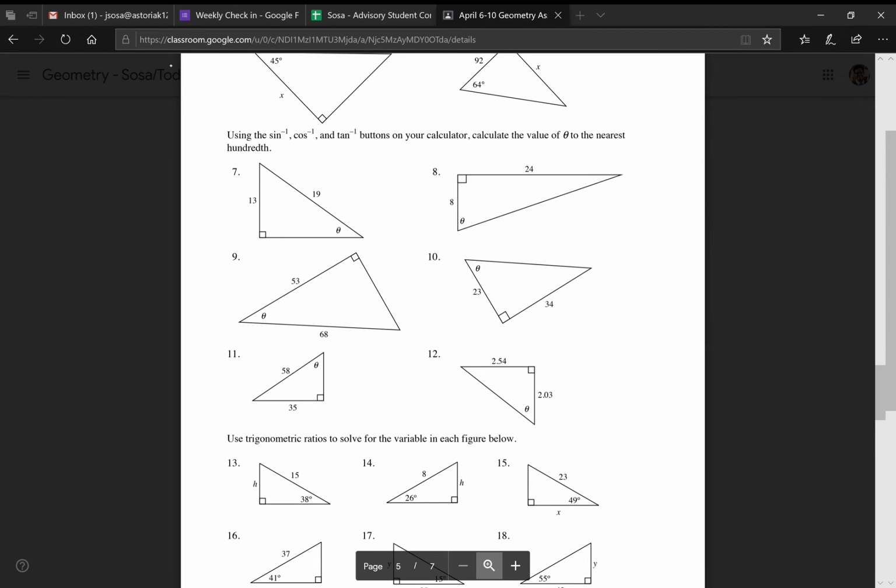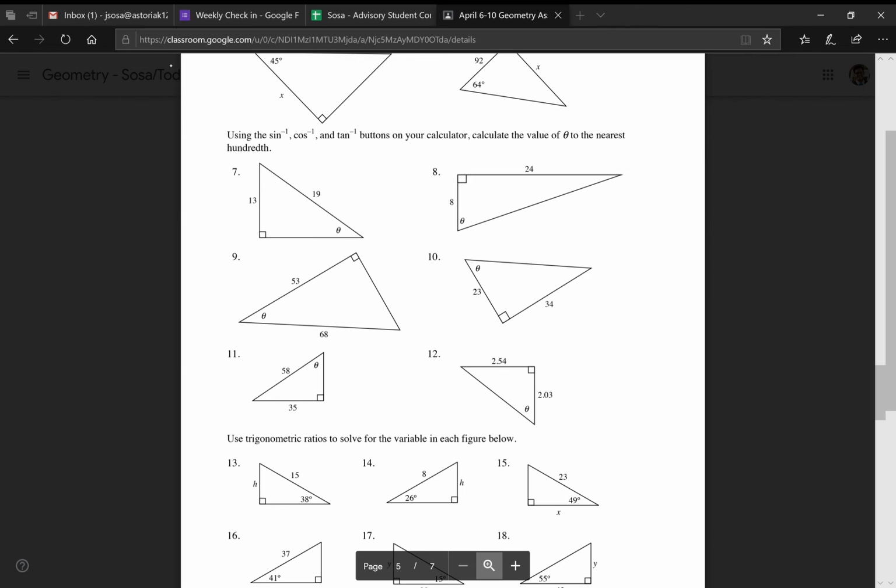Once again, sine cancels out with inverse sine on the left-hand side, which leaves me with theta. And that equals sine inverse of 35 over 58. What else? Nothing. I just now go on to my calculator. Same deal. Second sine button, which gives me the inverse sine, and then 35 divided by 58. Okay, and that is approximately